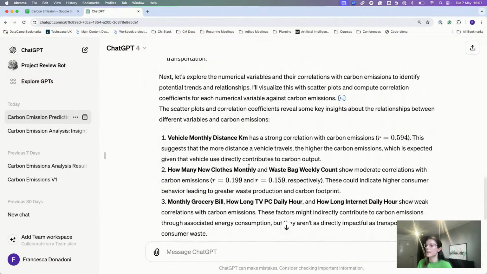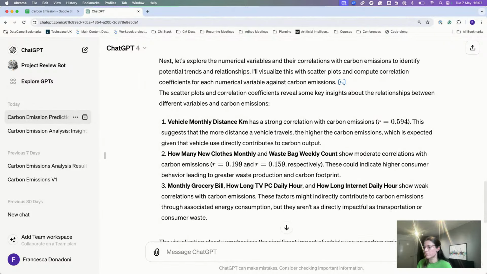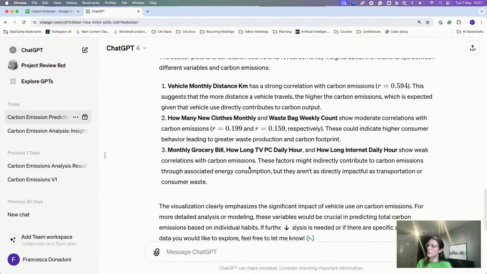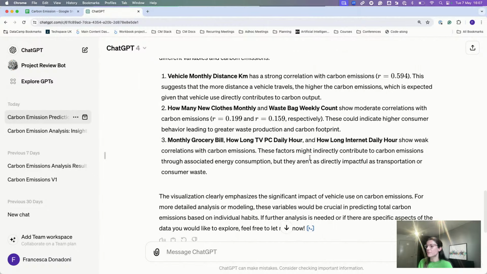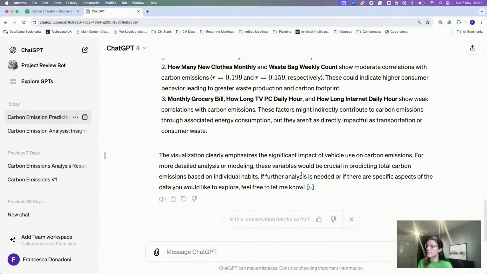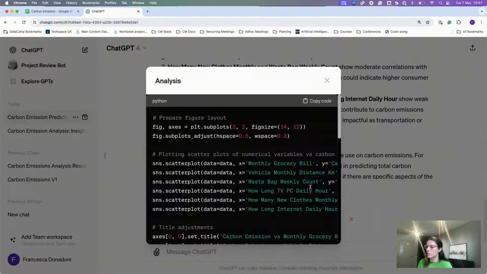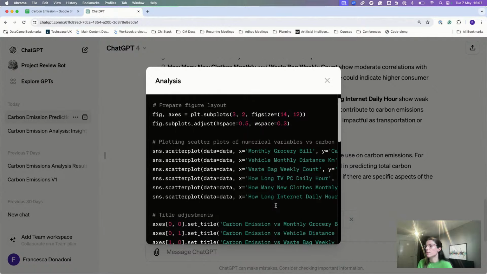Now let's look at the numerical variables. So numerical variables provided some correlations already. So it looks like it almost understood already what we are trying to do for the numerical variables, and it's also provided the code through which some